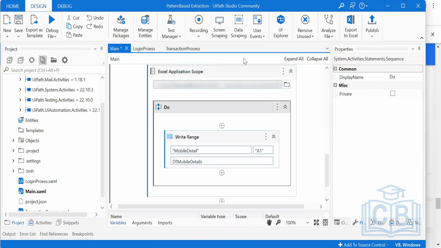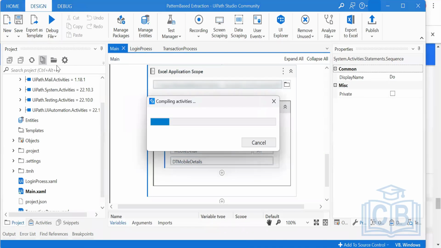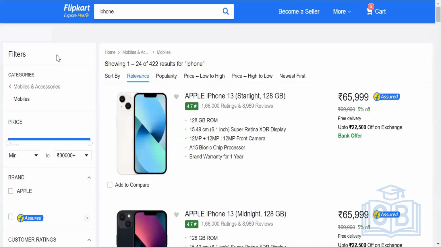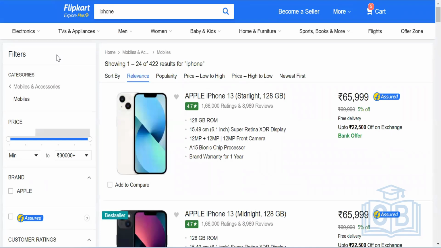So now let's go and run the bot. That's it. We did it, no? Right? Let's go and run it. So it is opening the page. You may see that it is extracting 1 of 24. You may notice it will automatically move to the next page. Due to the internet speed,